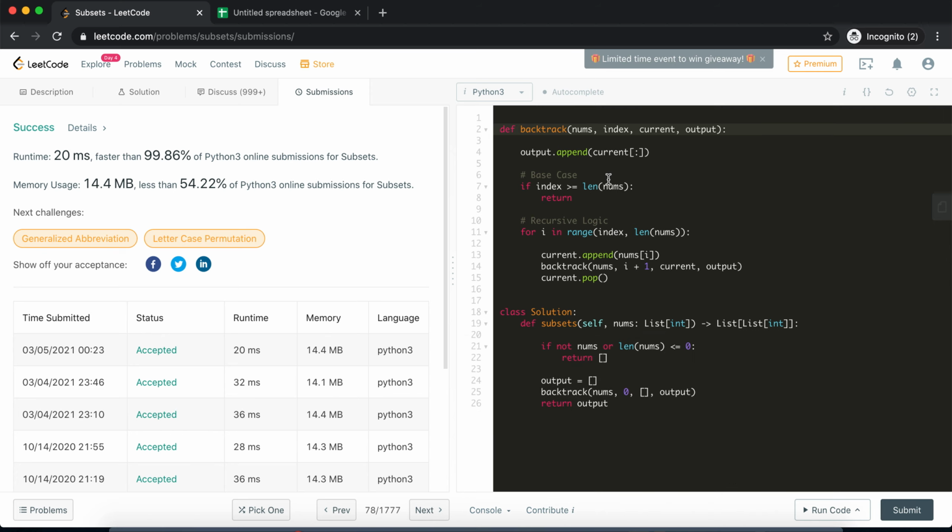It's a backtracking solution. It's a very interesting category of problems, and the more you solve it, the more you'll get used to it. So I hope you like this coding challenge.